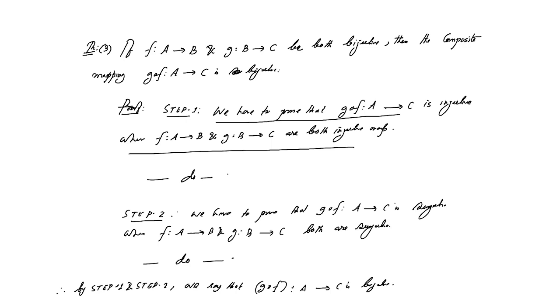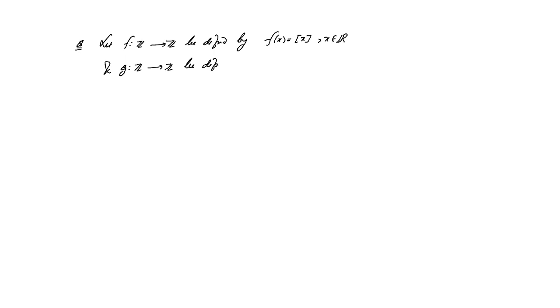Now, we continue with one more problem here. The problem is, let f: Z to Z be defined by f(x) = floor of x, where x belongs to R, and g is another function, Z to Z, be defined by g(x) = x plus half, where x belongs to Z. Then our first question is, find g composed f and f composed g,